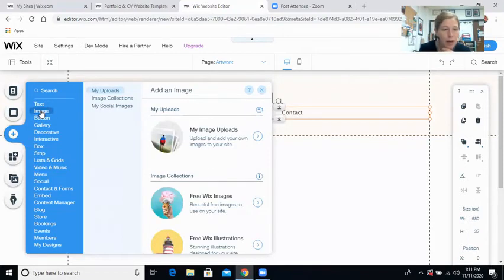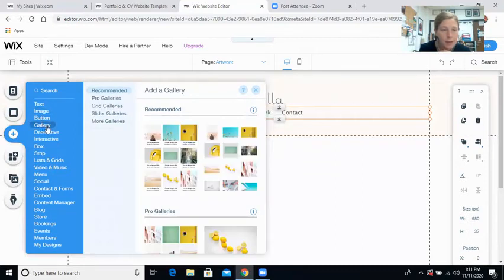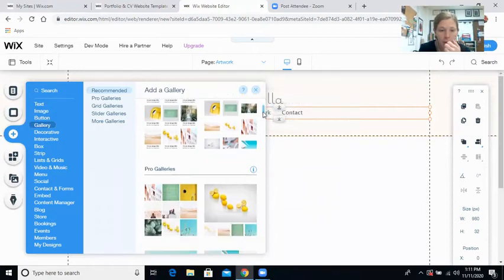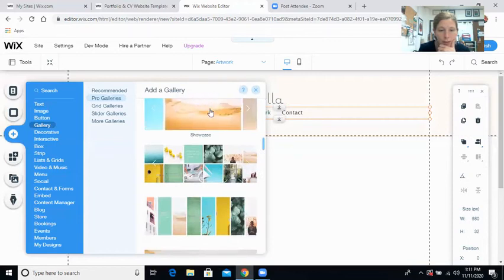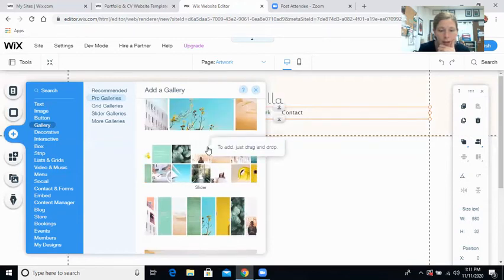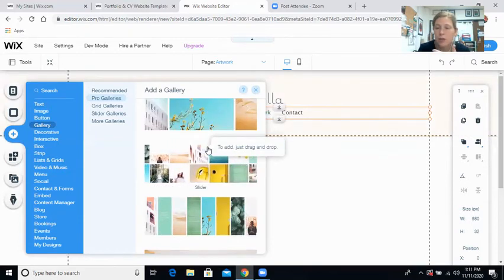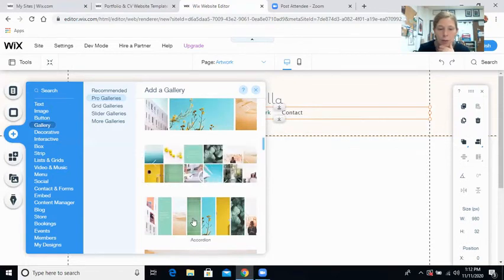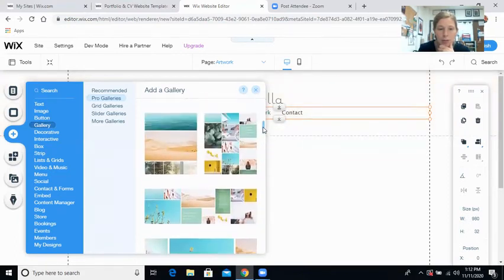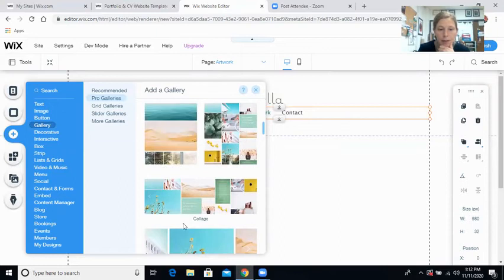They have a lot of options, so I could do images like this, but I could also go to gallery, and I could select a type of gallery to include for my images. For example, like a scrolling gallery or a showcase. This is a slider gallery. And you can slowly just fill your own images in this as the semester goes on, or the quarter goes on. So I'm going to select something simple that's not too overwhelming. I think I like this slider one. So I'm going to select that